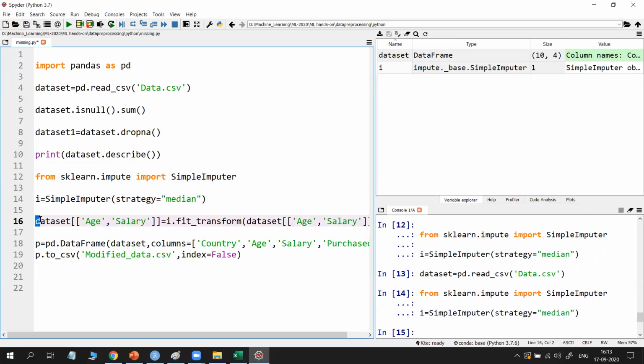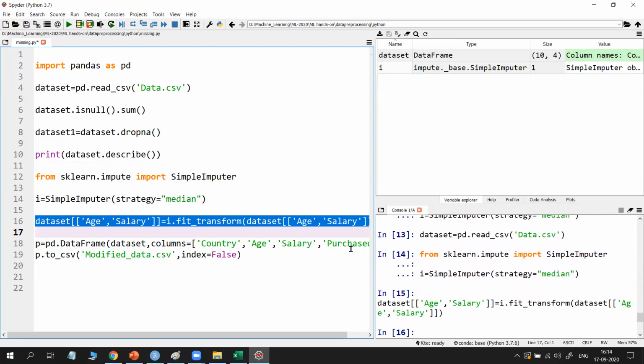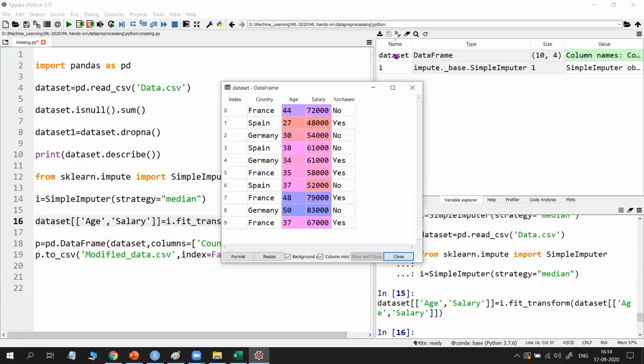And try to apply that for the data set. Median applied, and run it. So I forgot to apply. I forgot to run this line. That's why the values are not changed. Now open it. See. In the previous example, some 38 point so-and-so values are there. Now the median is there. The median is the most frequent value, not any decimal points.